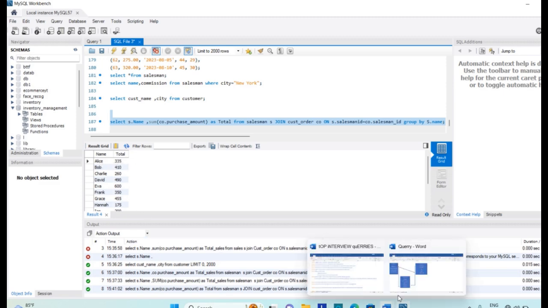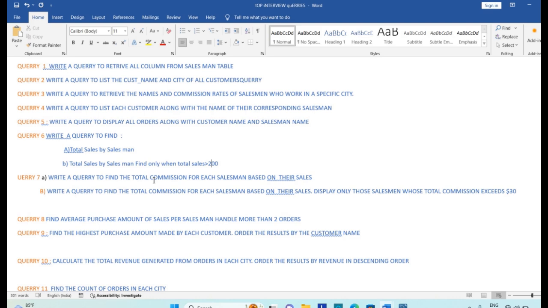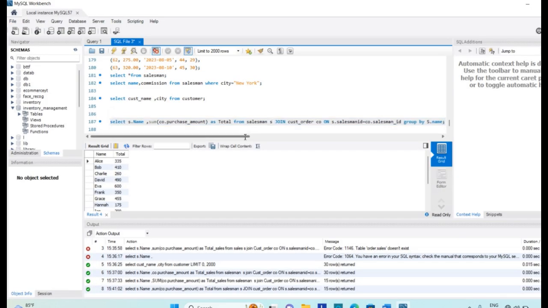Now the second query is part B. We have to find the salesman having total sales more than $200, for which we are using the having clause.